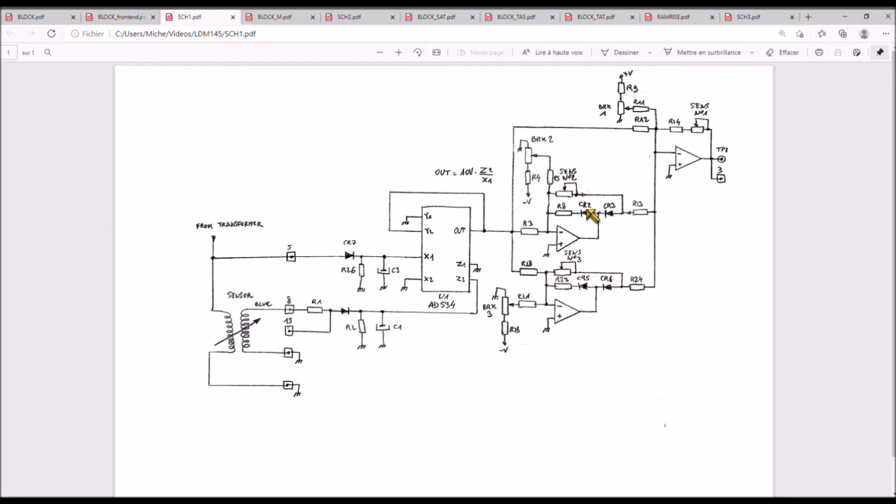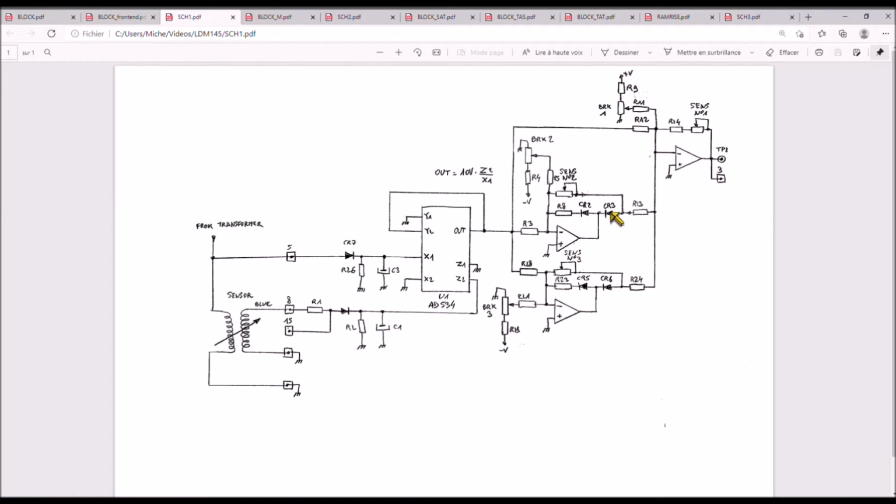As you have two diodes here connected at the output, the diodes will conduct depending on the polarity of the input voltage here. So we can see that we have this feedback. This feedback is used when this diode is conductive, that is to say when the voltage is negative. The voltage is negative when the voltage here is positive, at least when it tends to be positive, because as we have a feedback, of course this voltage is close to zero, but let's say it is 0 plus something.